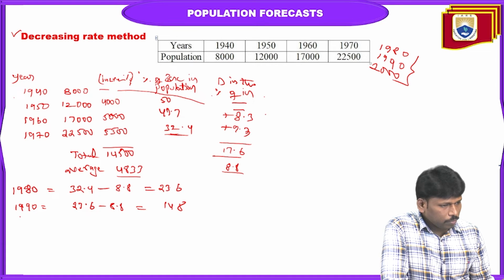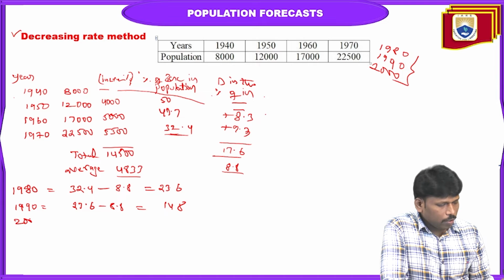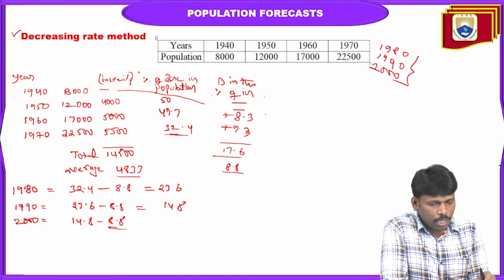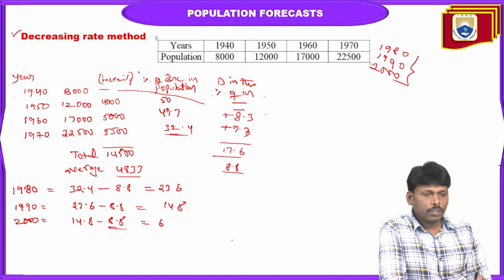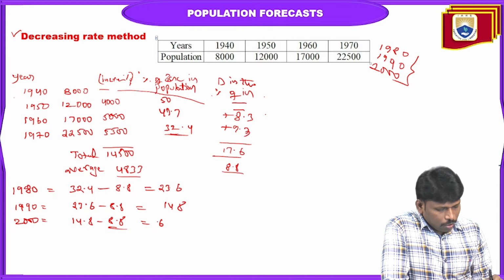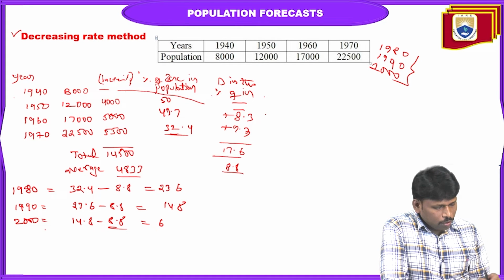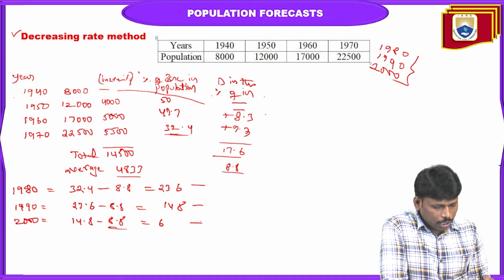And for the year 2000, this 14.8 minus 8.8. This 8.8 is nothing but the decrease in percentage of population average value. So then here you will get 6. After getting these values, now to calculate the population in 1980,